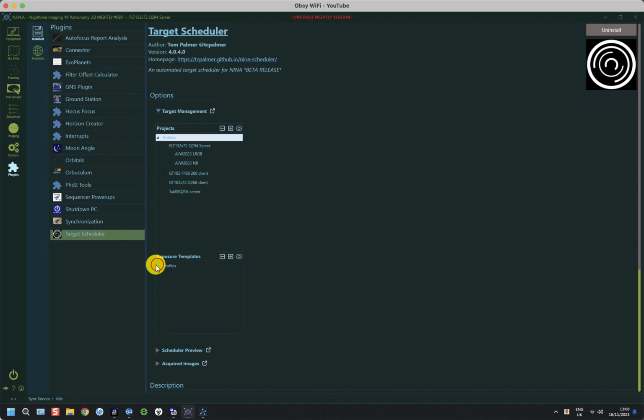Under the exposure templates, again for each equipment profile, there's a list of standardized exposures for narrowband, star color and LRGB. And these are the defaults which are entered into the sequence and can be overridden if required. The important thing in this particular case is I'm using two different cameras, and they require different gain and offset and camera mode parameters. And the way that the sequencer has been set up with the Target Scheduler is that